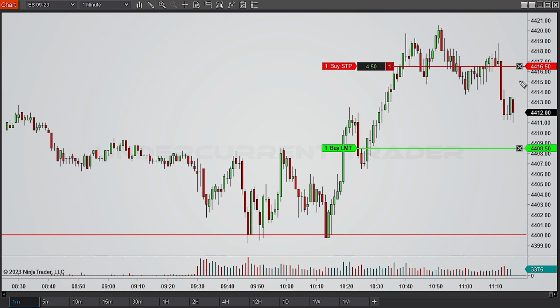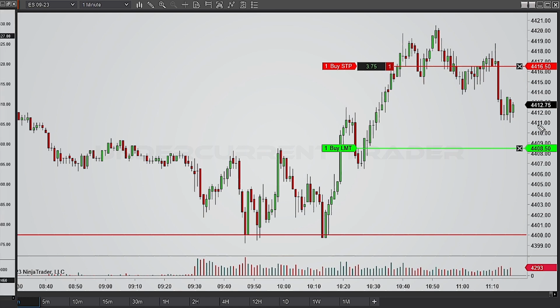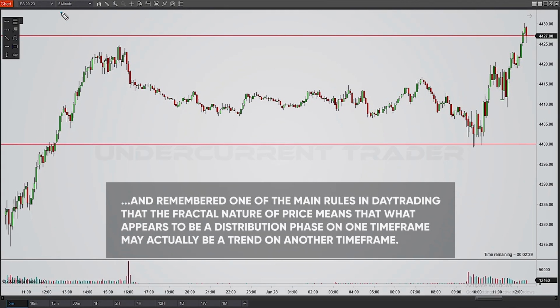And honestly, I don't know why I missed the big picture here, but I must have probably spaced out or something to make such a dumb move. No harm though, because I still ended up green on the entry, but still, these mistakes can be costly and shouldn't happen. If I had taken the time to look at the 5 minute time frame and remembered one of